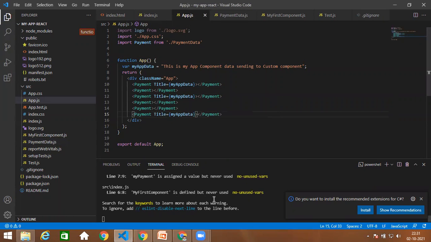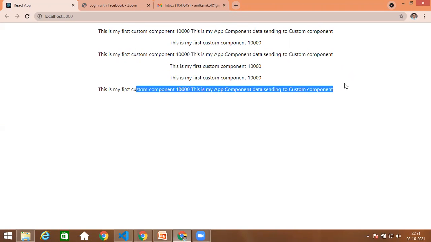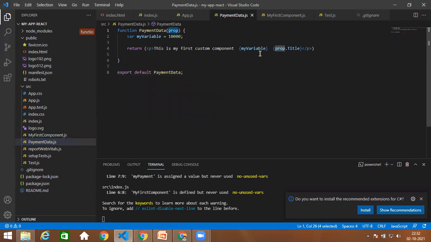I'll just save. Now if you see wherever you are passing, the first component, third component, and last component, you passed the data, right? So you can pass the data from one component to another component. From the HTML element, you can give whatever name you want, assign that value, and pass it to your HTML node. That component will catch it like a property, and whatever name you have given while creating the variable and passing the data, the same name you have to give.